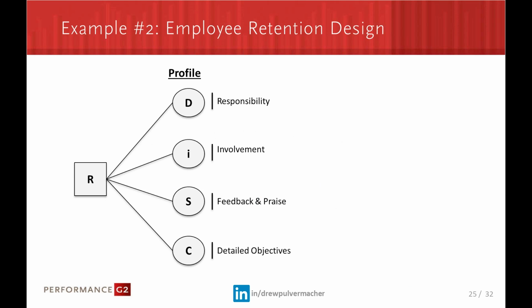You go back and say, okay, how would the DISC profile... I don't know if, hopefully everyone's kind of heard of this before. These are like strength-based management profiles, all this other stuff. You know, D's are kind of the achievers. They want more responsibility, they want leadership. I, more involvement. Your S's want feedback and praise. C's, kind of detailed objectives. Okay, you know, that's all high level.